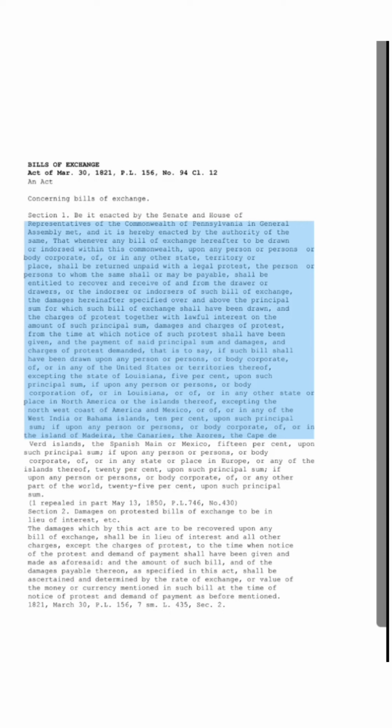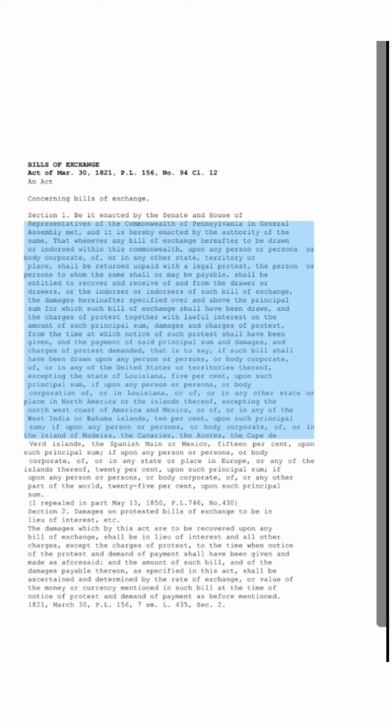from the drawer or drawers, or the endorser or endorsers of such bill of exchange, the damages hereinafter specified over and above the principal sum for which such bill of exchange shall have been drawn, and the charges of protest together with lawful interest on the amount of such principal sum, damages and charges of protest, from the time at which notice of such protest shall have been given, and the payment of said principal sum and damages, and charges of protest demanded, that is to say, if such bill shall have been drawn upon any person or persons, or body corporate, of, or in any of the United States or territories thereof, excepting the state of Louisiana, 5% upon such principal sum, if upon any person or persons, or body corporation of, or in Louisiana, or of, or in any other place in North America or the islands thereof, excepting the northwest coast of America and Mexico, or of, or in any of the West India or Bahama Islands, 10% upon such principal sum,